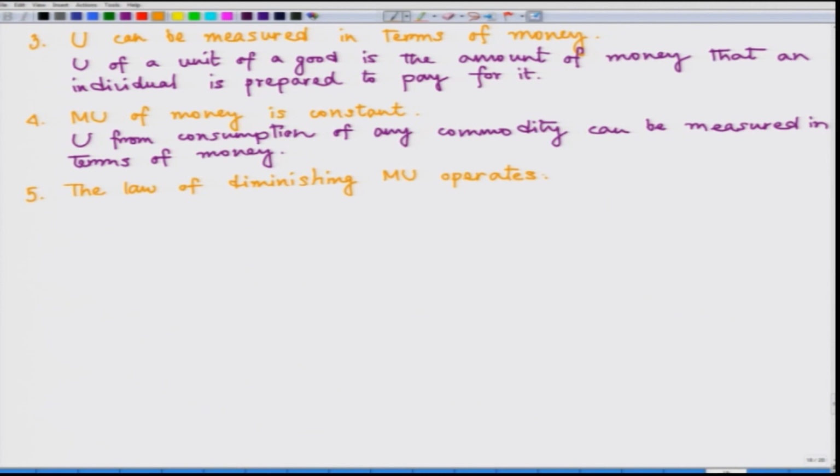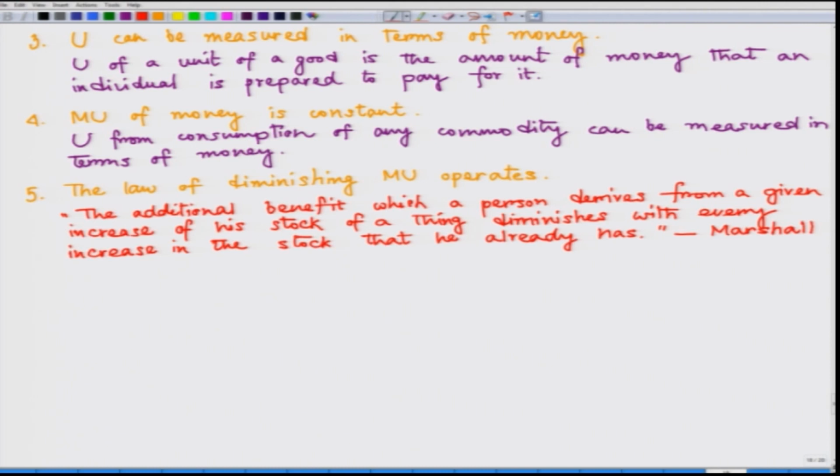What is the implication of this assumption? As the consumer consumes more and more units of a good, the marginal utility of that particular commodity decreases. So, if I quote Marshall in his own words,